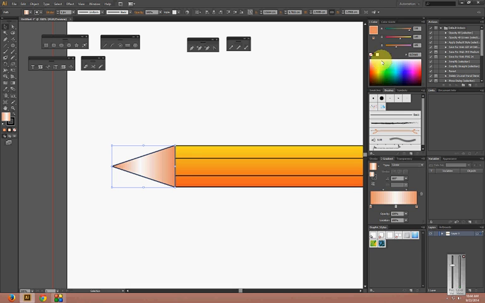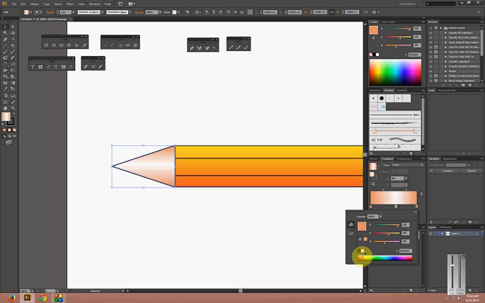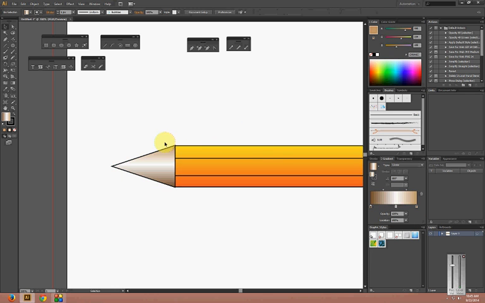Now angle, change it to 90 of the gradient, so it will come like this. Okay, now here I'll double click and change to a darker shade of brown, because it's bottom, and up I'll change it to a lighter shade of brown. Okay, now alt and drag to make a copy, reduce the size, change it to black,